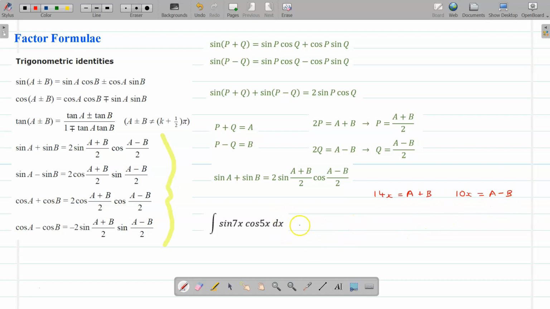So my integral can be rewritten like this. I'll take out the half to compensate for the 2 that's here,